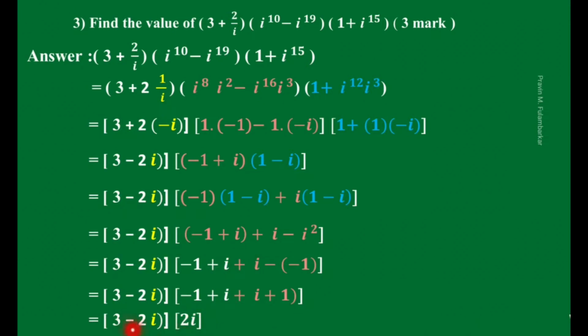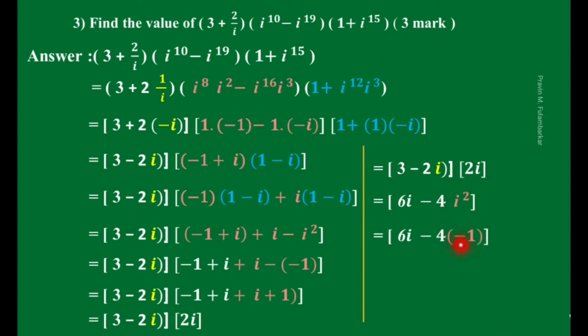So multiply twice i to each term. So we multiply 2i to 3. So we get here 2i into 3 is 6i, plus minus minus 2 into 2 is 4i into i square. So replace the value of i square as minus 1 here, then minus minus plus. So we write here 4 plus 6i. In this way we can find, if the question asks for the value of a and b, after comparing with a plus bi.